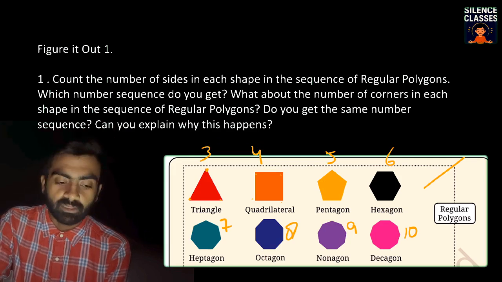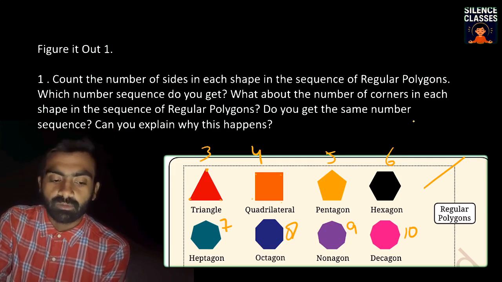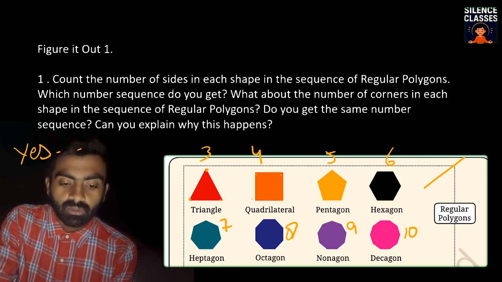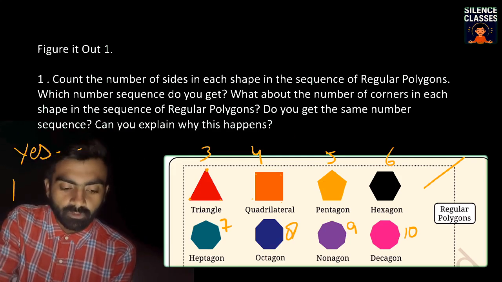Can you explain why this happens? In the regular polygon, you can write it down. First of all, do we get the same number sequence? You can write it down: Yes. Can you explain why this happens? Yes, because in a regular polygon,